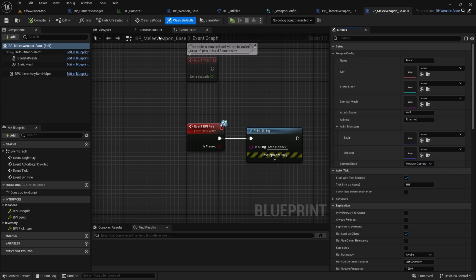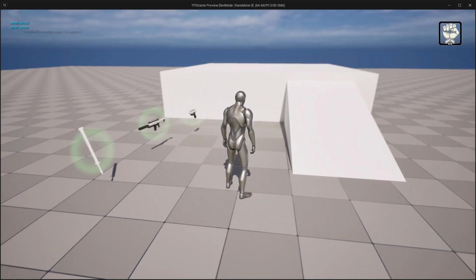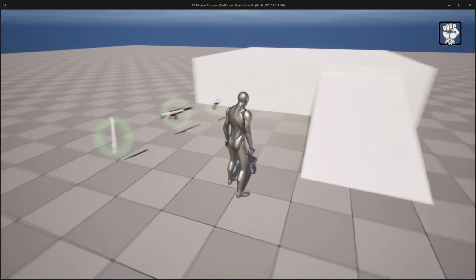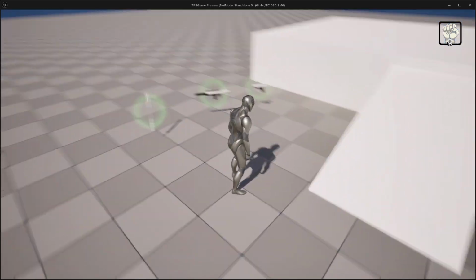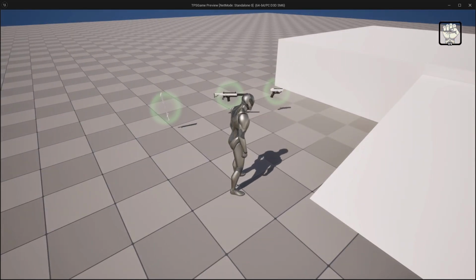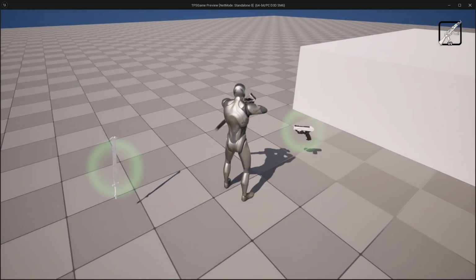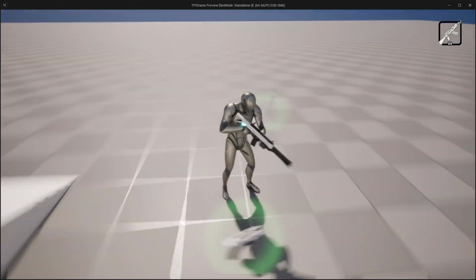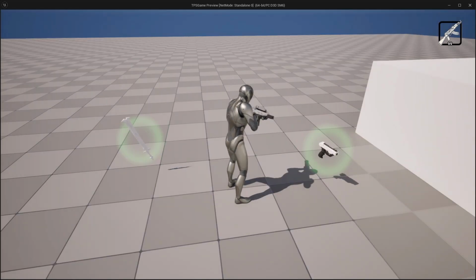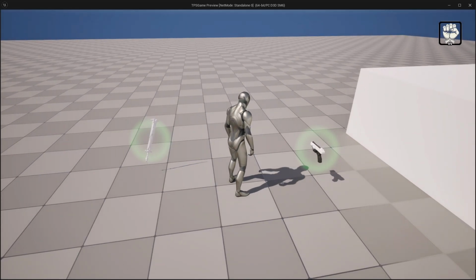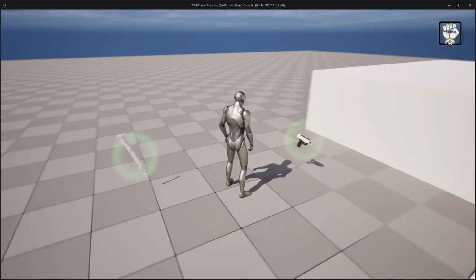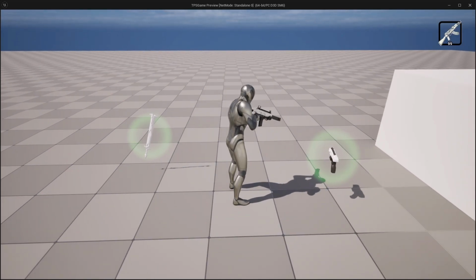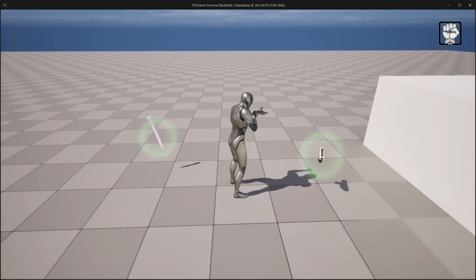Okay, now let's test this thing. Now you can see it stays at the medium camera in the unarmed mode, and whenever we equip a rifle it goes to that close-up camera state, and if I switch back to the default unarmed mode it goes back to the medium camera state, right? You can see that transition happen,